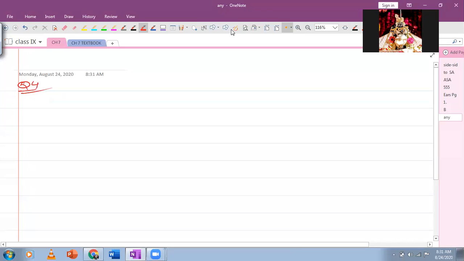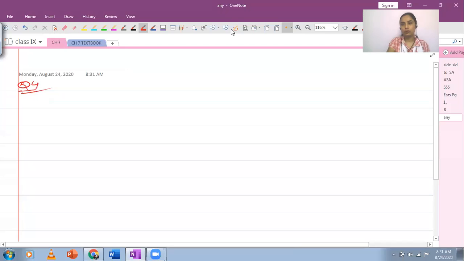Excuse me, ma'am. Yes. Ma'am, can't we use SSS? If you want to use SSS, you will first have to prove that this is a parallelogram. And that's actually a theorem in the next chapter. Or you can just write down by definition that this is a quadrilateral in which both pairs of opposite sides are equal and both pairs of opposite sides are parallel. So hence it will be a parallelogram. But then you will need to prove how in a parallelogram opposite sides are equal.